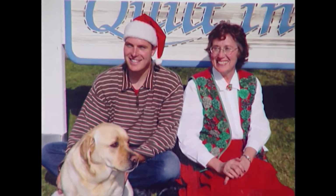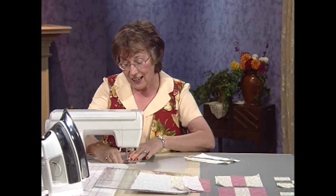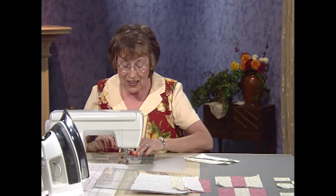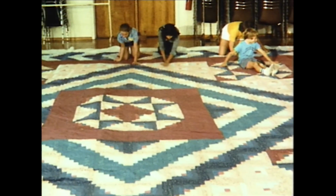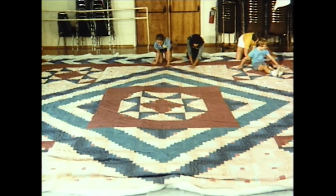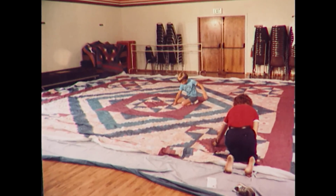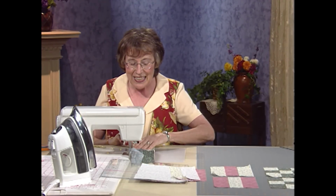You know, I've been thinking about Orion. He has done so many things for Quilt in a Day ever since he was very young. You know, I think one of the first memories of him really helping me was at the Harding Street Center when we were working on the world's largest quilt. It was 576 blocks. I took him to class that day, and he sat right in the middle. We were trying to get it in the Guinness Book of World Records, and so we were tying it down to batting and backing,